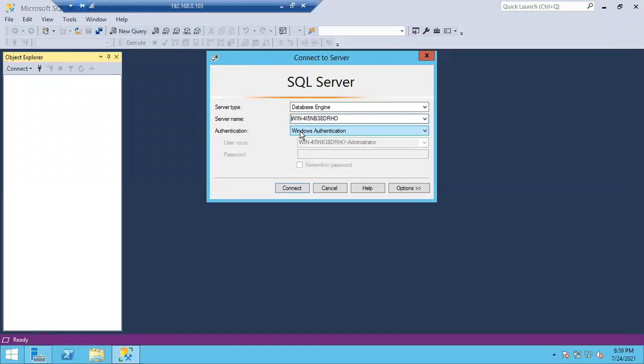Imagine you are unable to connect to the SBI net banking using the username and password. What might be the issue? Incorrect password or username. Very good. Either the username is incorrect, or the password is incorrect. What are the other issues? Sometimes you forget the password. Authentication may have failed. Yeah, authentication has failed. What are the reasons for failing authentication?